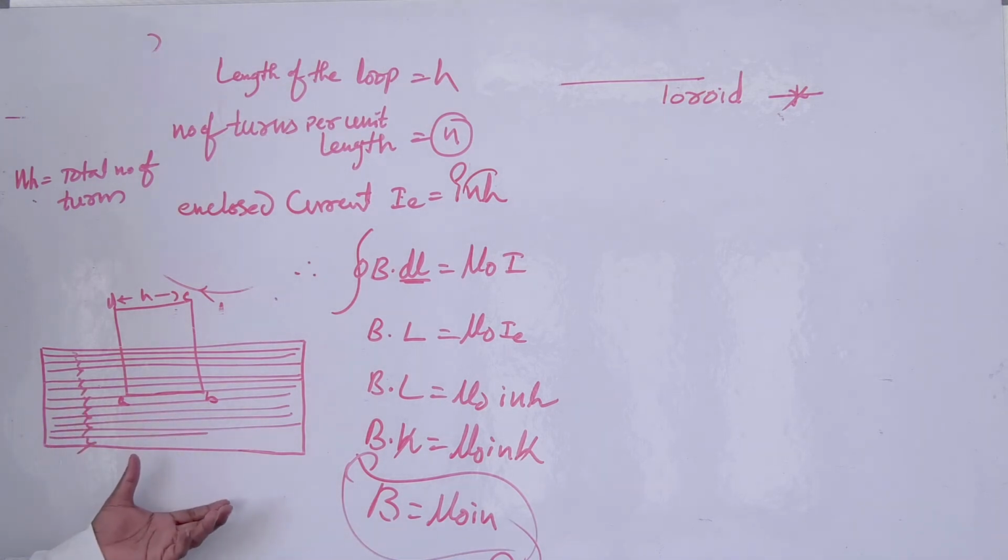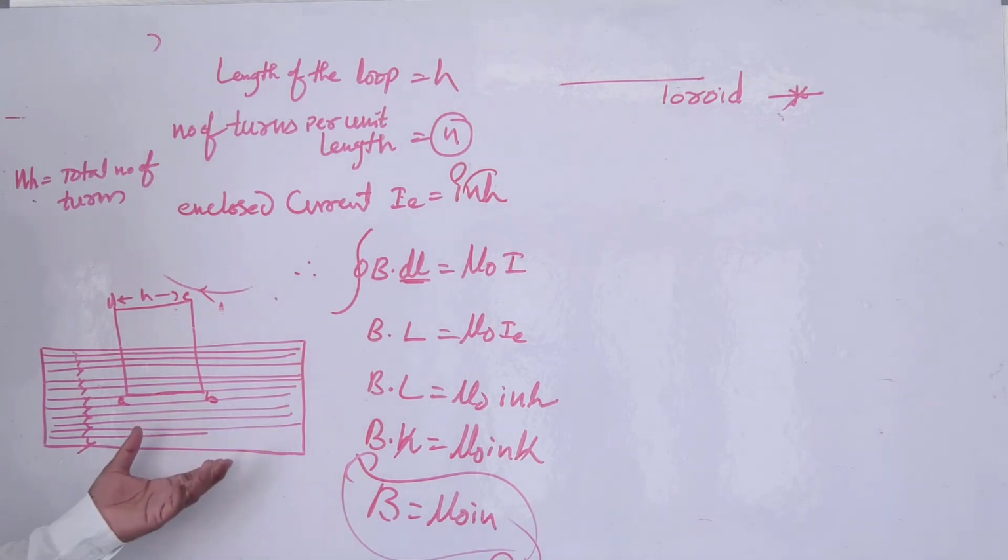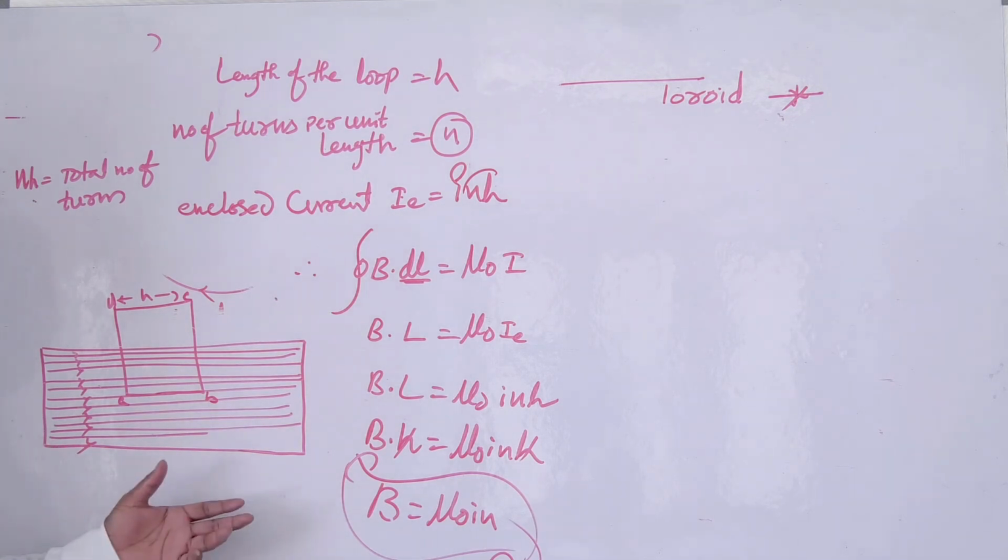So this solenoid we are widely using in dialysis devices. In dialysis devices, there are two solenoids we are using to control blood pressure. And these solenoids we are also using in the fan regulator. In day-to-day life, in various cases, we are using solenoids to produce uniform magnetic field.